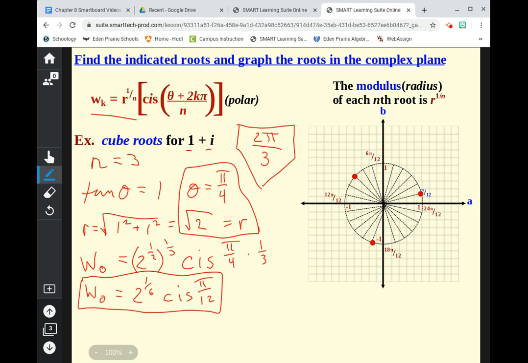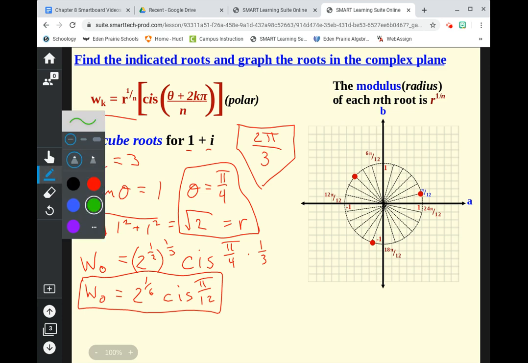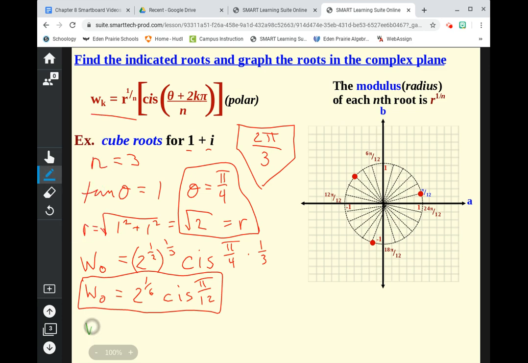Okay, now let's find W sub 1. From here, it's no problem. Now, home plate, remember, here's where it becomes important. After I get W sub 0, W sub 1 and W sub 2 are no problem. All right, so how do you find W sub 1? W sub 1 equals still 2 to the 1/6 power cis, but now it's going to be pi over 12